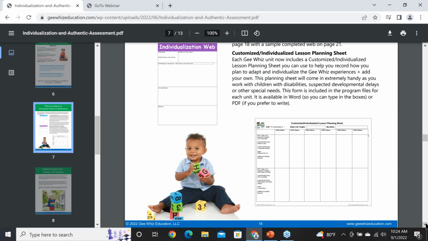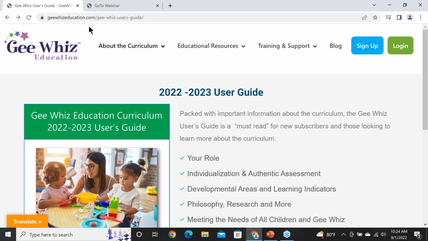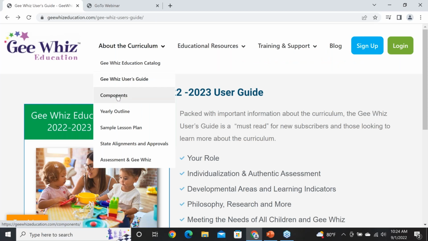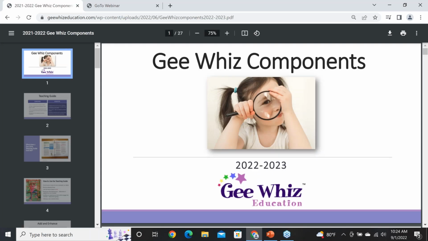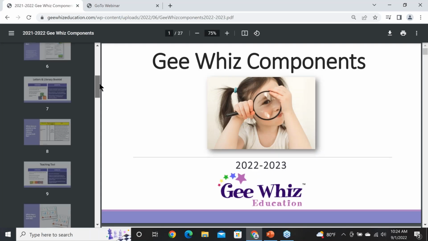This tool is available both in a Word document where you can type in the boxes, or a PDF document where you can print it out and write. That is totally up to you, whichever you feel would work best for you. What I'm going to do in a second is leave this section of the user's guide and go into our component slide deck so I can show you what this might look like when you fill it out. This is a very powerful tool to help you document individualizations as you do each unit. So I'm going to get out of here, and under that same tab about the curriculum, I'm going to go to components, and click to open my slide deck. And I'm going to scroll down for a second here